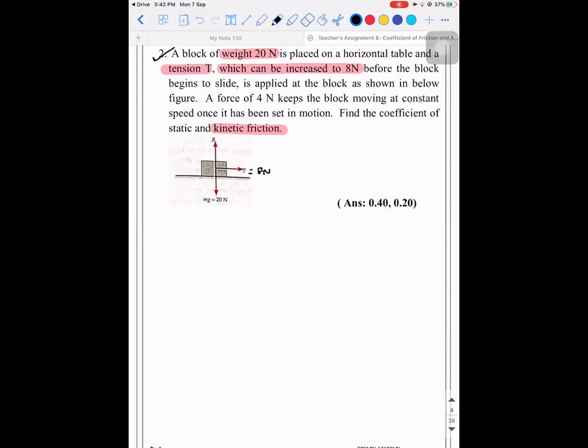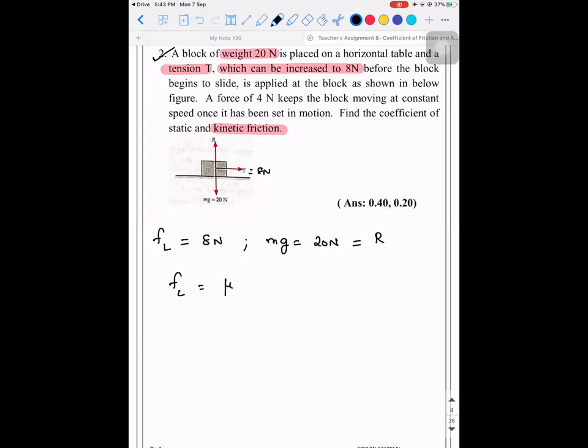Okay, so how to solve this problem is, what is the given information? Limiting friction is 8 Newton. I hope it is clear. Weight of the object is equal to 20 Newton. This is also equal to the normal force. Here the normal force is how much? It is given as R. Is there anyone having a doubt in this?